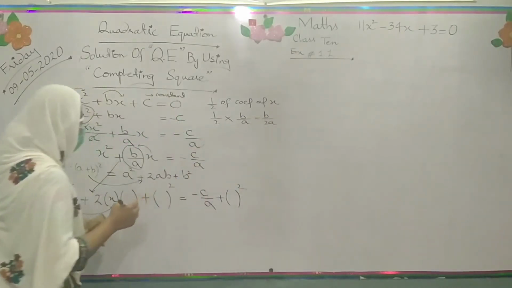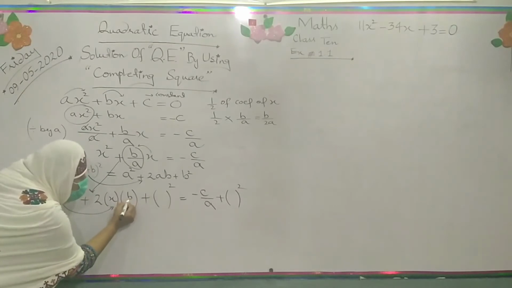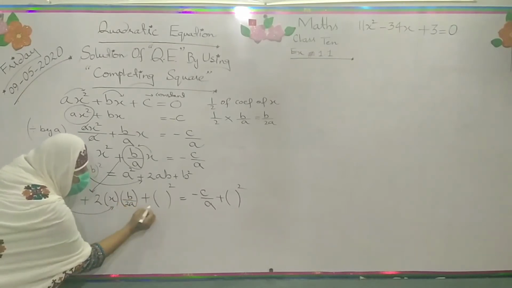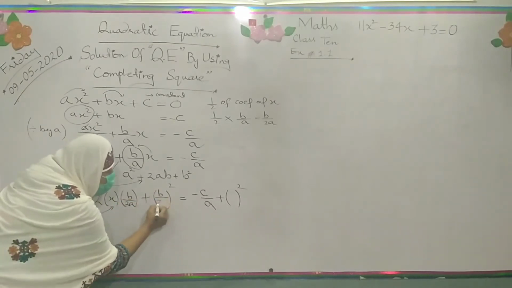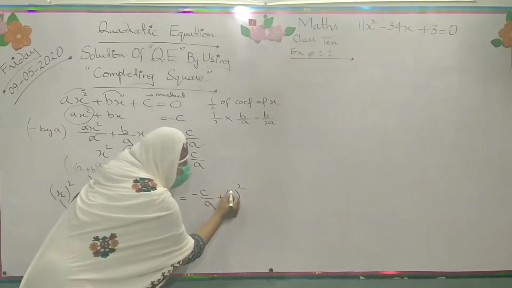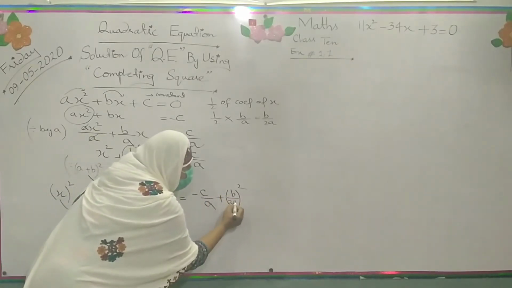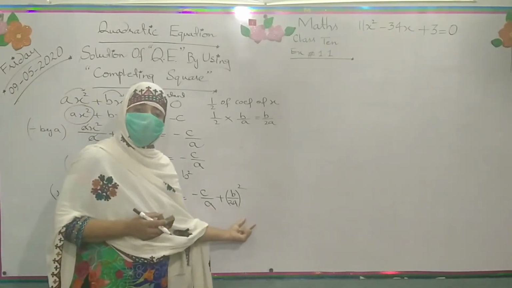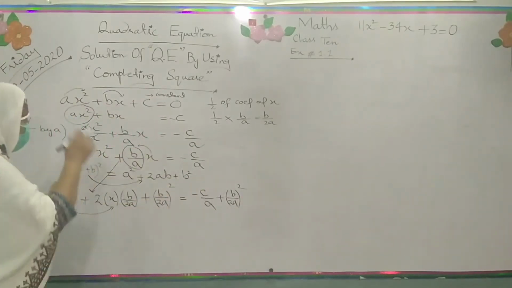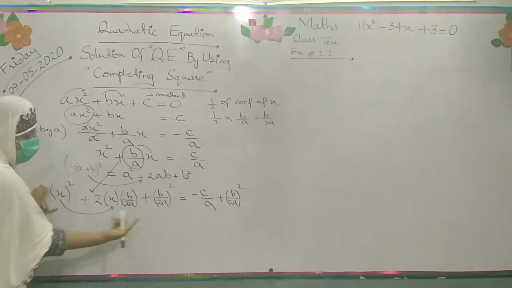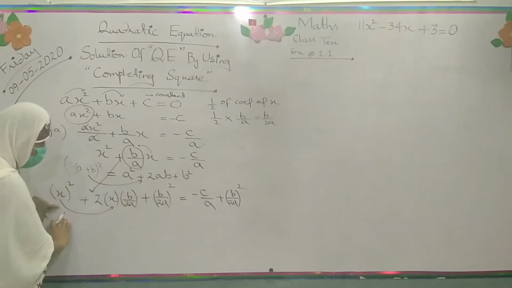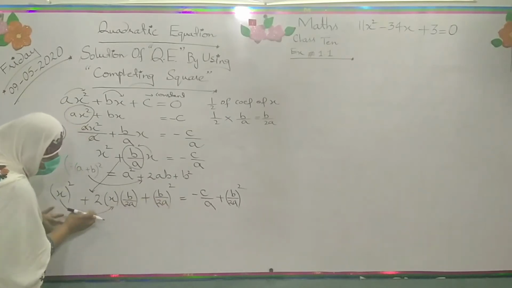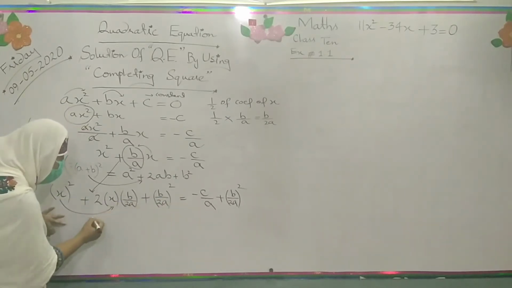So I will write this b over 2a in this bracket, also in the second bracket, and also here. This value I will write in all of these three brackets. Now, this is a and this is b. A square plus b square plus twice of ab. So I can